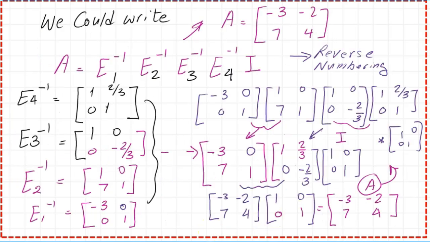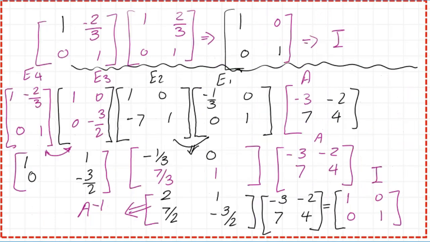In the last slide, we can get the value of matrix A, but by reversing and getting the inverse of these 4. But as you remember from the last segment, we used E1, E2, E3, E4, but this time we will use the inverse of E4, and we put it very close to the identity matrix, and the reverse of 3, the reverse of 2, and the reverse of 1, as we will see here.